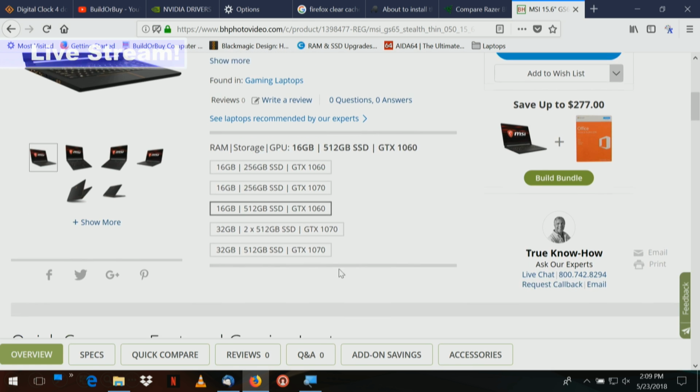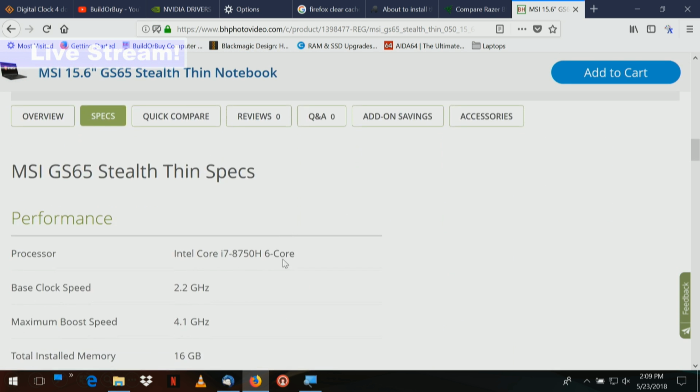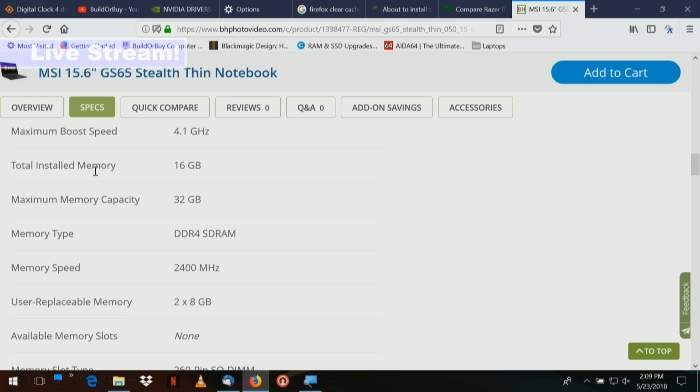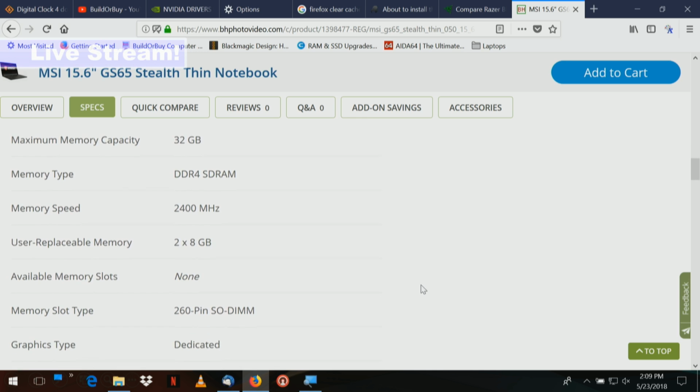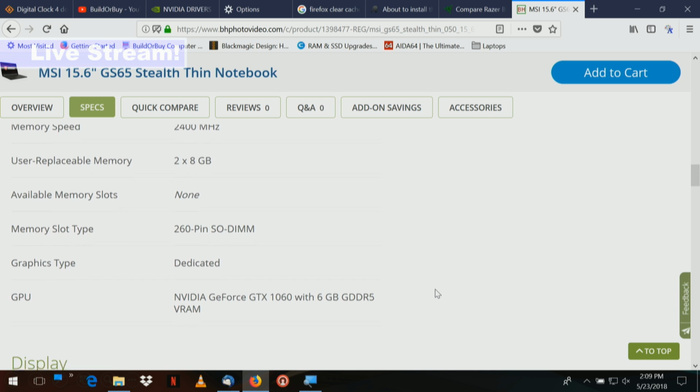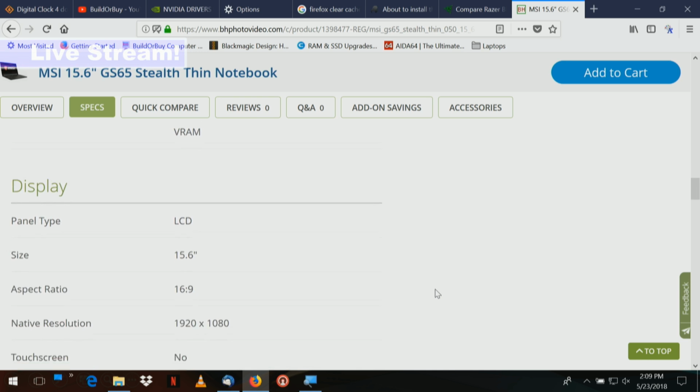This MSI, we'll take a look down here at the specs. Total memory installed, 16 gigs. Maximum memory supported is 32. It looks like they're all using the same board. Now on this MSI, it's got 2 8 gig sticks. So if you want to upgrade, you've got to lose that to get 2 16s. Most people, that'll probably do what you want. But if you want to go higher,